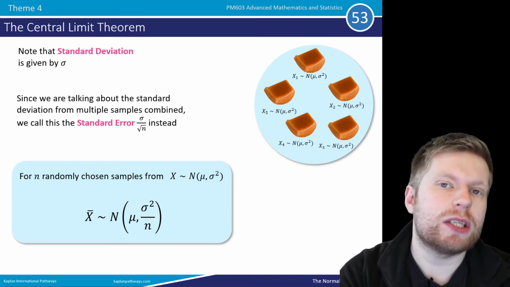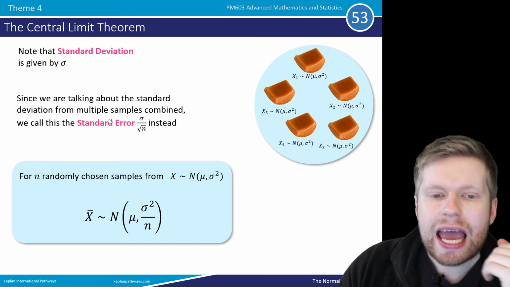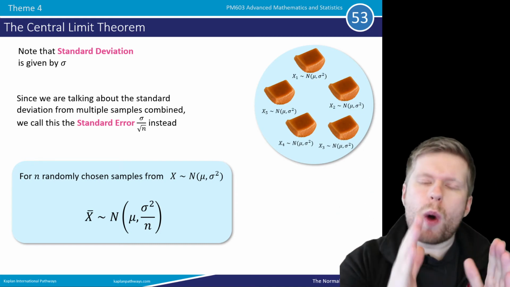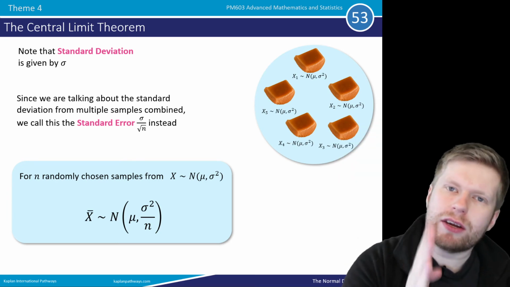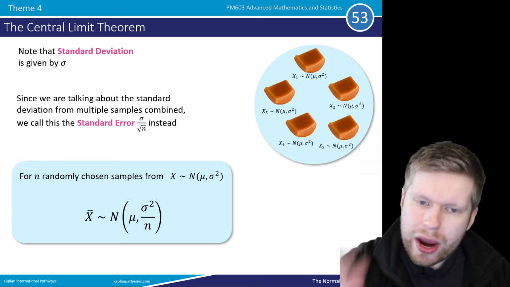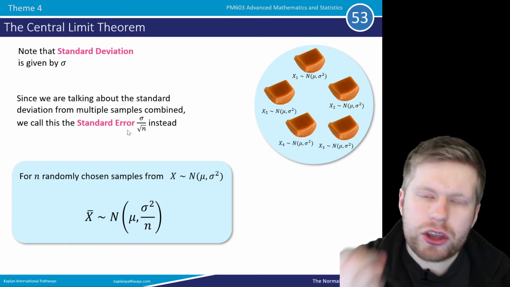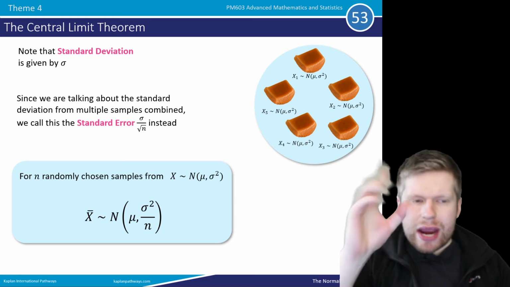So therefore, it's less of a measure of the standard deviation from the mean, the average spread from the mean. It's more a measure of, well, actually, how far out are you from where you're supposed to be? Because of course, if you're looking at the true population, you should expect to find a value close to the mean. So really now we call it standard error because it's measuring how far you are away from where you're supposed to be. Okay, so just a really subtle point, but